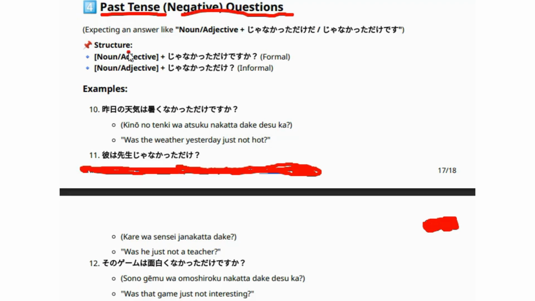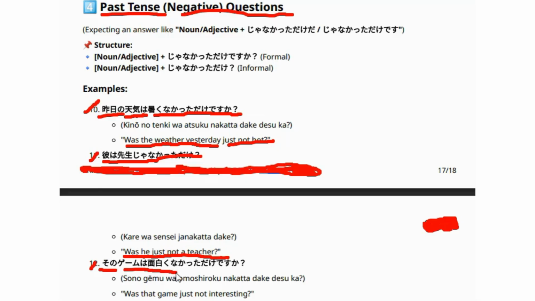Past tense negative questions. The first question is 昨日の天気は暑くなかっただけですか? Means was the weather yesterday just not hot? The next one is 彼は先生じゃなかっただけ? Means was he just not a teacher? The last one is そのゲームは面白くなかっただけですか? Means was that game just not interesting? So the video is